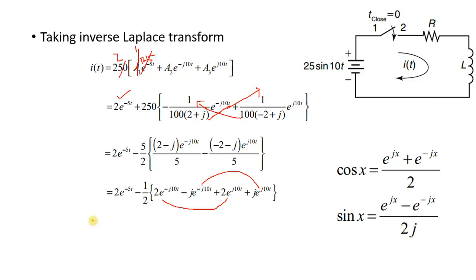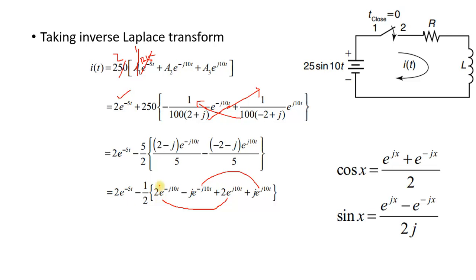So we know that (e power jx plus e power minus jx) divided by 2 is equal to cos x, and similarly sin x is equal to (e power jx minus e power minus jx) divided by 2j. Okay, so now from these two equations, e power minus jx plus e power plus jx,